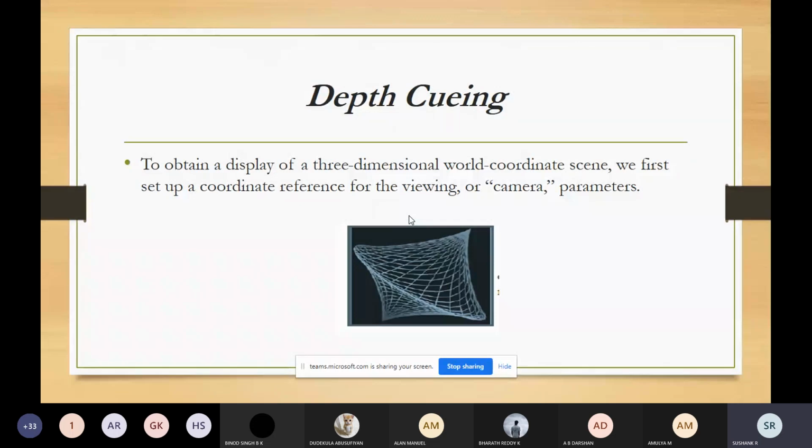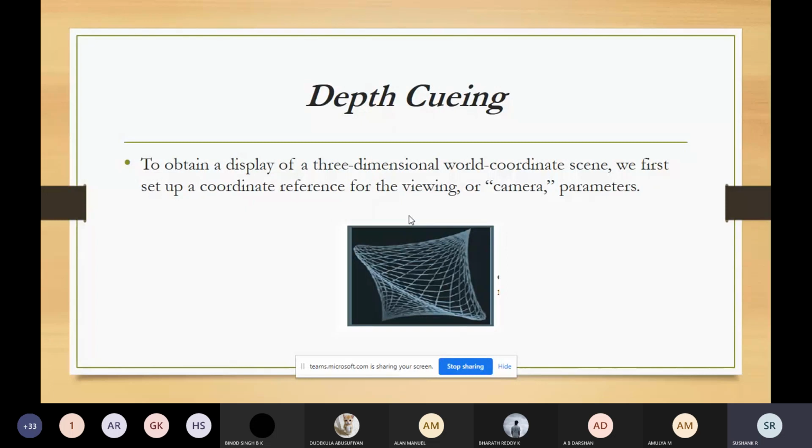When we talk about 3D objects, one factor that comes into play is depth. This depth information is very important when constructing a 3D scene, because using it we can easily identify which is the front end of the object and which is the back end.